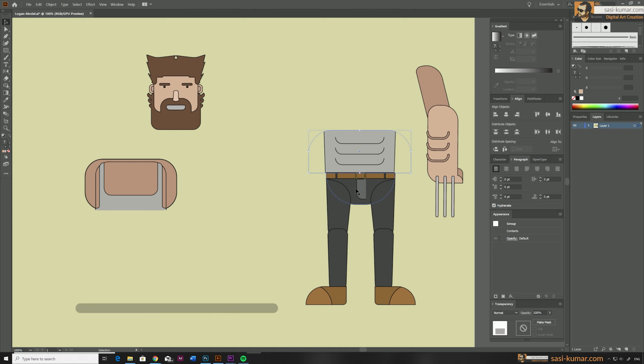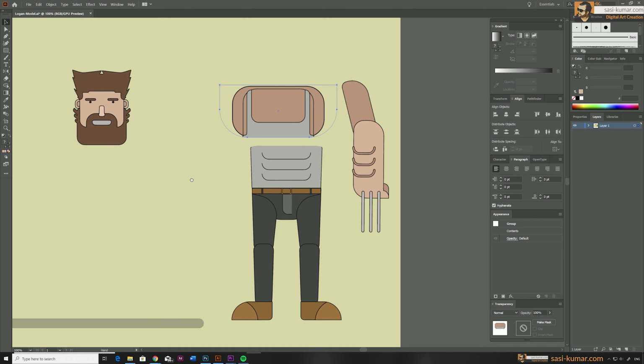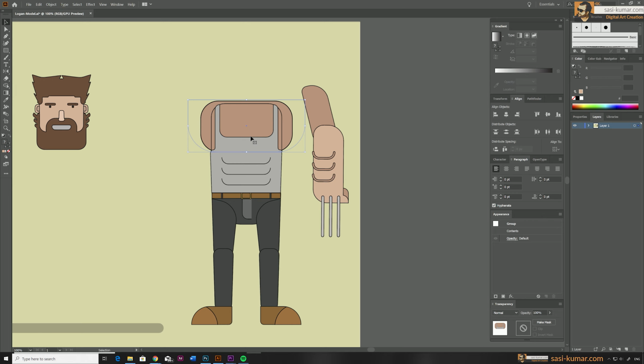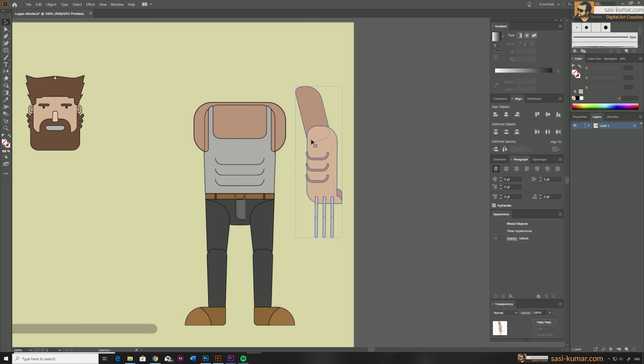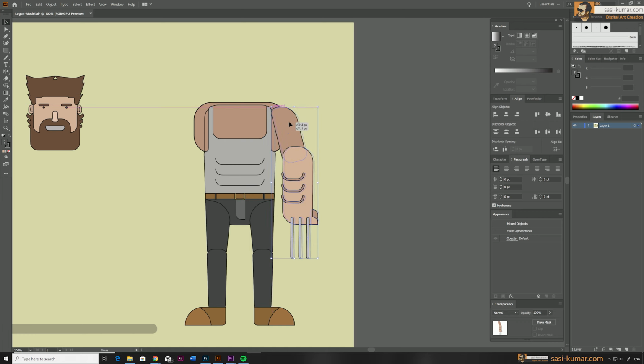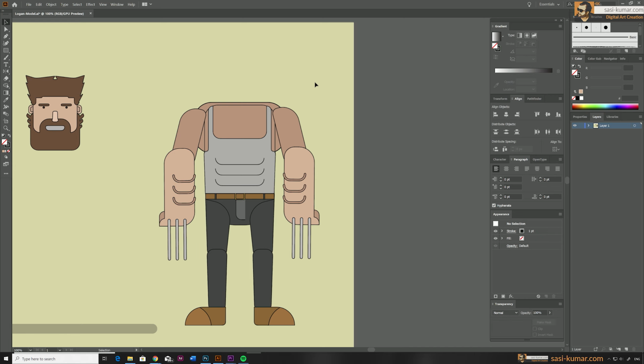Let's arrange them in here. Let's bring this one to the top, and okay, bring the hands to the front and bring it to the correct position, and we can select all of these and reflect copy from here. Just place it in here, and we can also draw a neck, just a box, and maybe we make them as rounded corners. Alright, maybe let's bring it bigger. Let's place it in here.